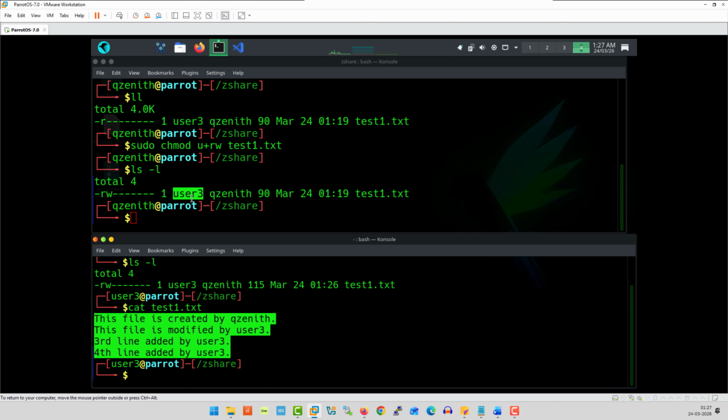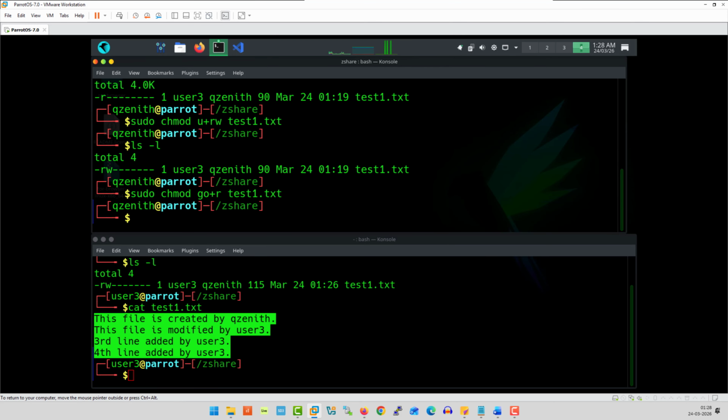So always make sure that the permissions that you are providing are valid. You can practice providing any kind of permission between your user, group, or the others, but make sure that it works as required or needed. So always make sure that for owner, keep it with read and write, and for others you can just provide read permission. So sudo chmod for group, and then for others add read only to test1.txt, hit enter, ls space